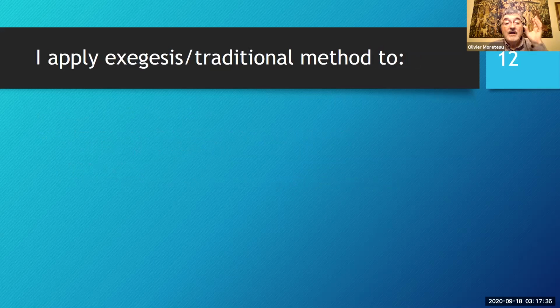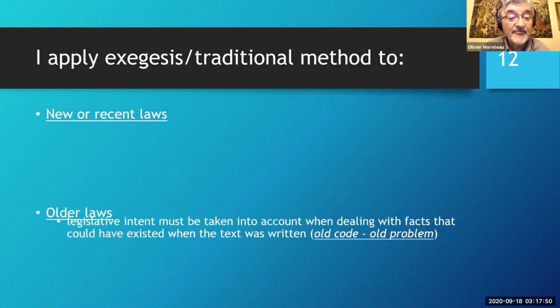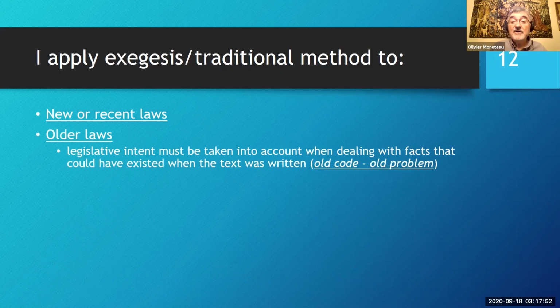So you will keep applying exegesis or the traditional methods to new or recent laws. And many of the laws that you will be applied are new or recent laws. You also apply this method when you are dealing with older laws, and